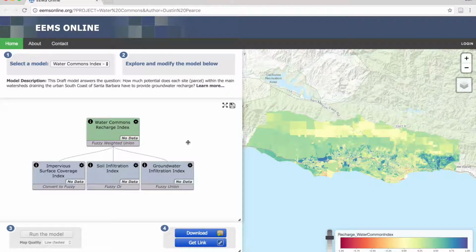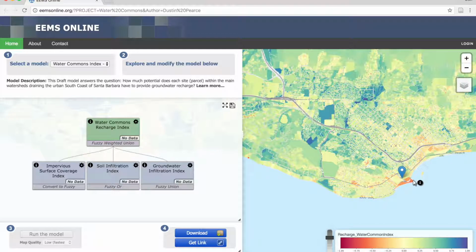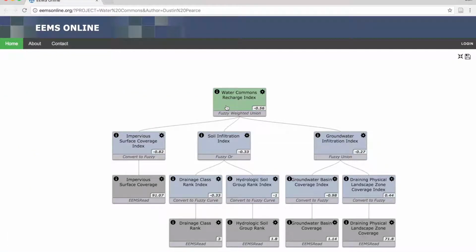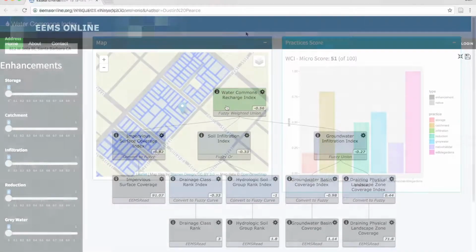Currently, a one-size-fits-all approach is generally applied to mitigate runoff and stormwater pollution. We believe a more strategic and holistic approach can be taken. By identifying and incentivizing the best parcels for water recharge, we can maximize the benefit to our water commons. Now, this not only includes our aquifers, streams, and reservoirs, but also our native landscapes and the biomass that goes